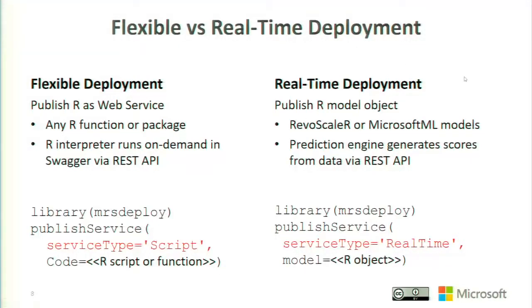I'm also going to be showing you a very new technology which just came in the most recent release of Microsoft R called real-time deployment. And this doesn't work for any arbitrary R code. It just works for specific models that we have included in a couple of packages called RevoScaleR and MicrosoftML. But if you are using those particular types of models, instead of publishing R code, you can just publish the model object. And then we use the same prediction code that we have within R at the endpoint to actually generate the predictions from the model without actually calling into the R interpreter itself. We kind of bypass R that way. So things are a lot quicker, and we call that a real-time deployment.